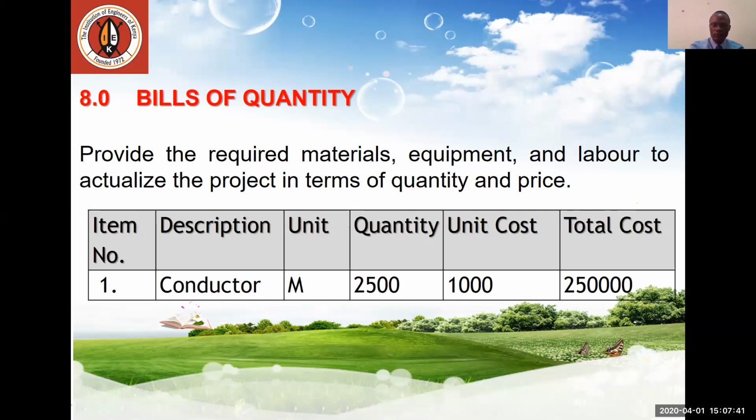So from your design, from your drawings, you are able to come up with these bills of quantities, and somebody is able to take that particular map or that particular drawing and relate it to the bill of quantities. So if you say you require this number of conductors, this number of cables in the design, or this length of fiber optic cable, then it should be captured in these bills of quantities from number 1 to whichever number of materials or equipment that we're using. And you should remember to put the labor component and the transport component, because that one is very critical in getting the total cost for the project.